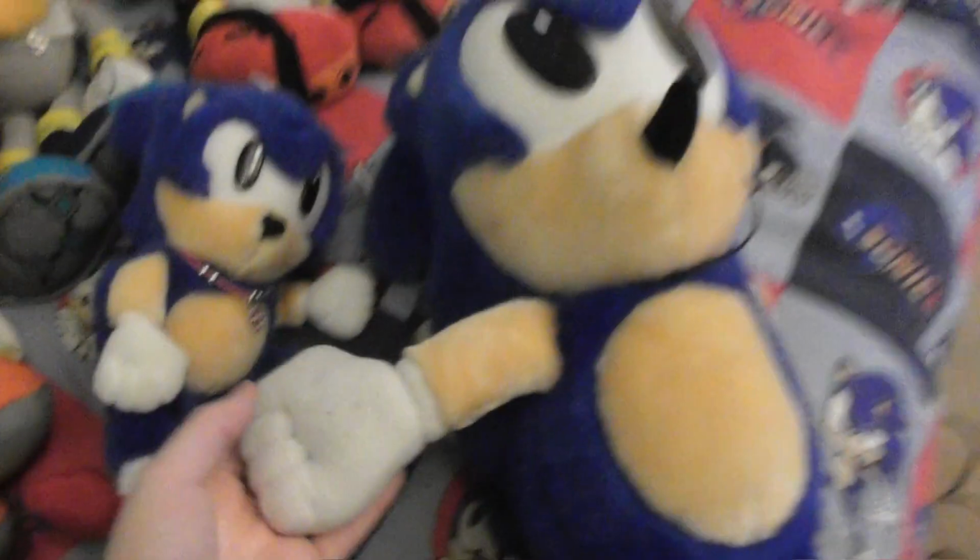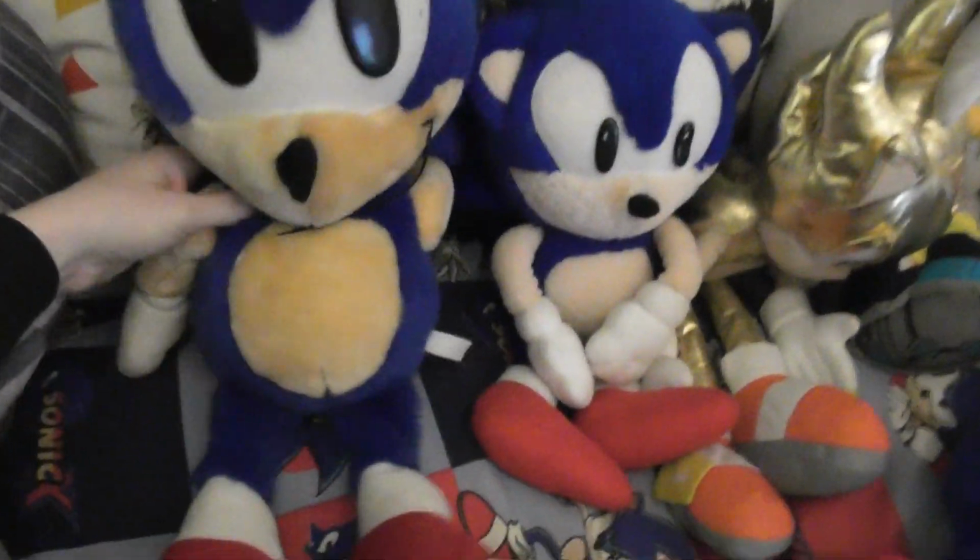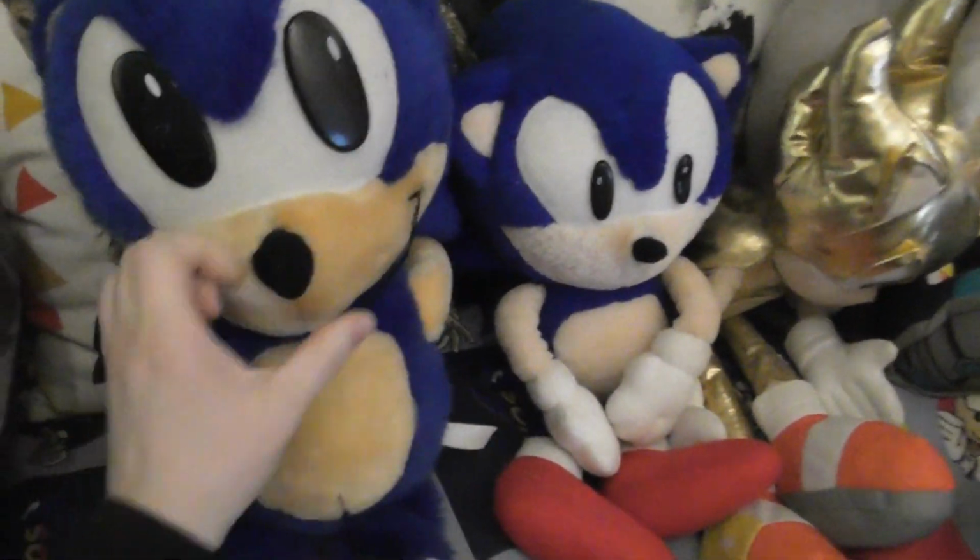The arms are stuffed, and the arms actually feel exactly the same as this little guy here. It's the same small hands as the live action Sonic. I never came across this plush before, but when I saw him and I saw the price,